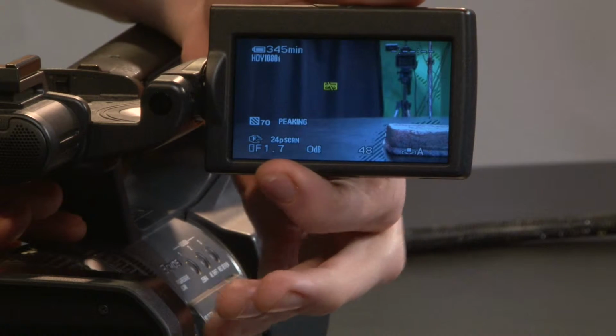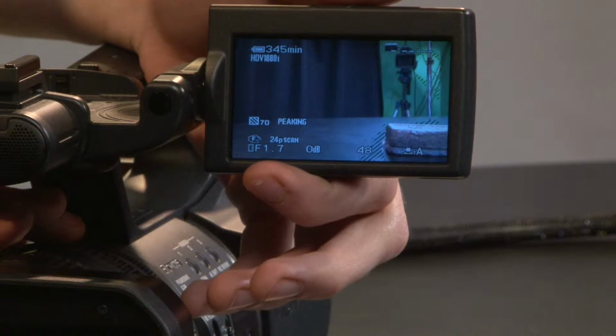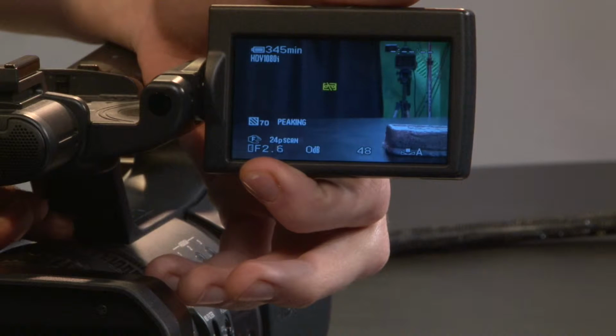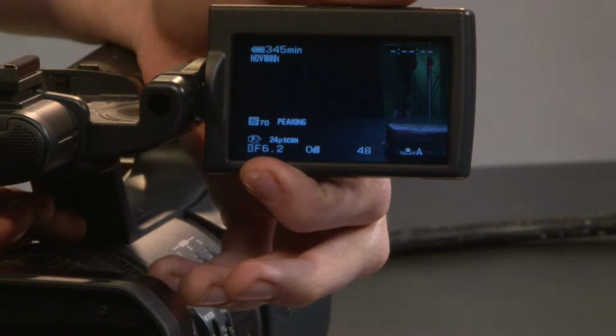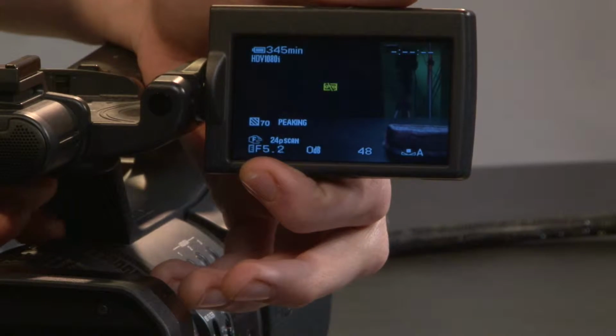Now, as you might have guessed, that would let in a lot of light. So the lower the number actually means the larger the opening of the camera. And as my f-stop number gets higher, it gets darker. But in order to set your aperture right, you have to already have set your shutter speed, which we haven't